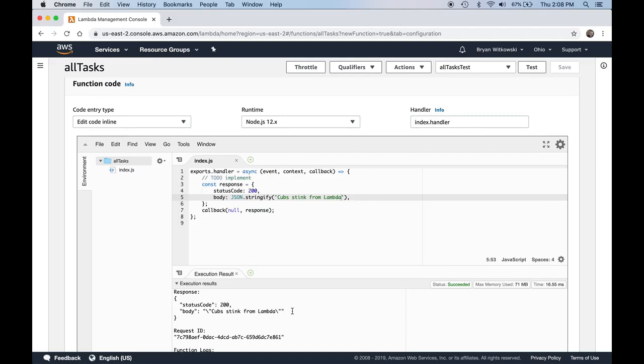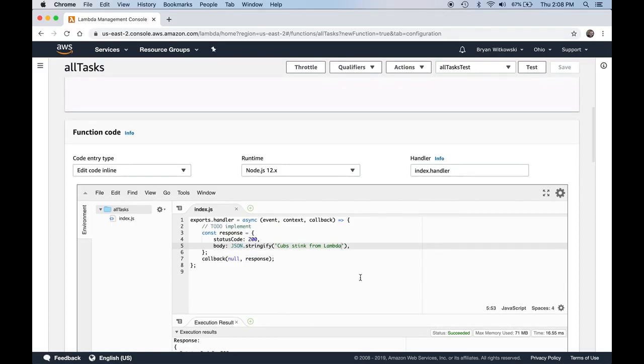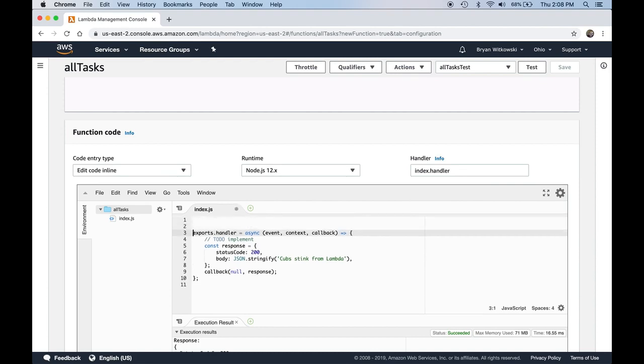Okay, so this isn't very interesting. What I'd like to do is I'd like to send back tasks. So if I'm sending back tasks, ideally I'd be integrating with a database. And in order to integrate with a database, I'd probably use an AWS database like RDS or Dynamo. And in order to use those, then I really have to get into the AWS SDK. So for the time being, I'm going to ignore that, and I'm just going to set up a constant saying,